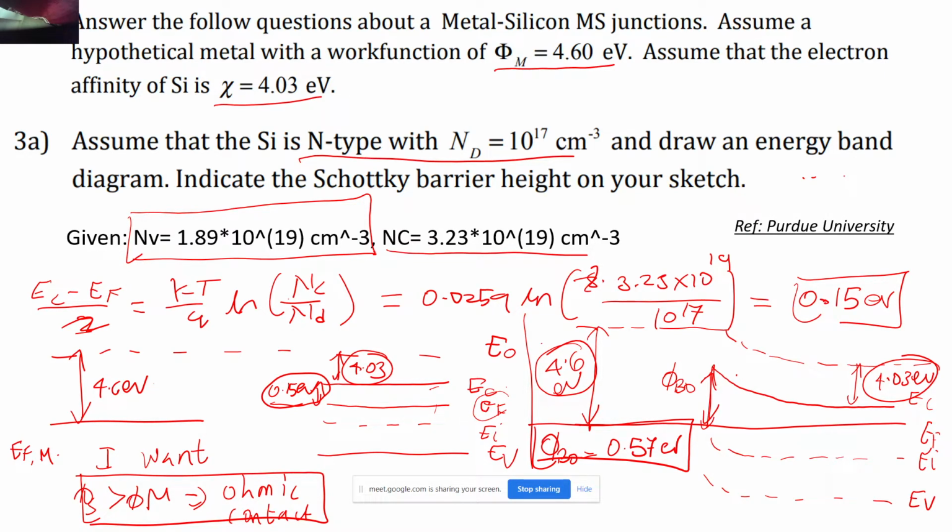Yes, exactly. So now what they asked is, they have told you to find this value of nd over here, this Ec minus Ef, this summation that you are seeing over here, right? So this 4.03 plus 0.15 eV. This should not be 0.15 eV now. This Ec minus Ef should be such that this 4.03 plus Ec minus Ef becomes exactly equal to 4.6, correct?